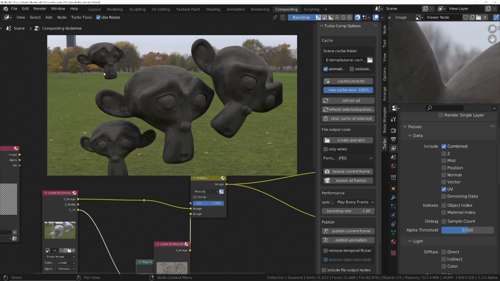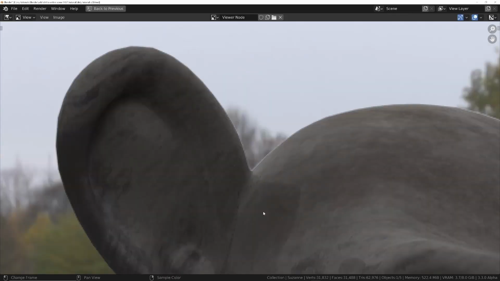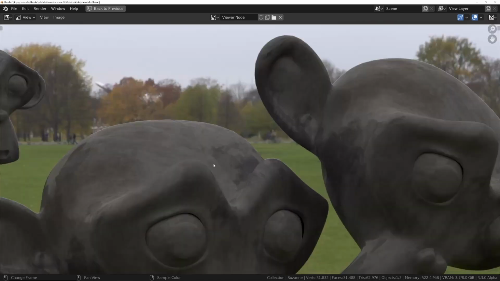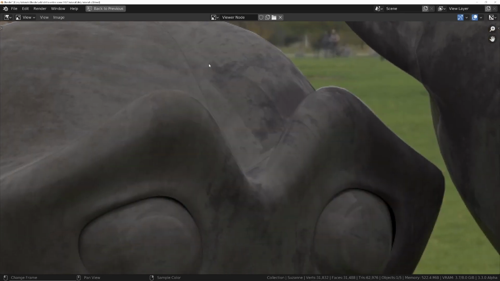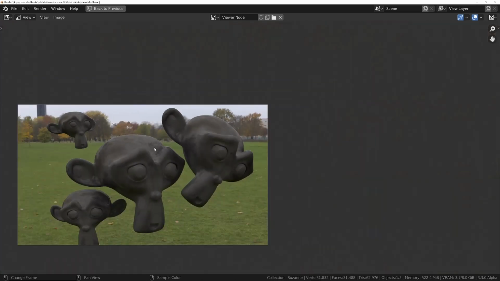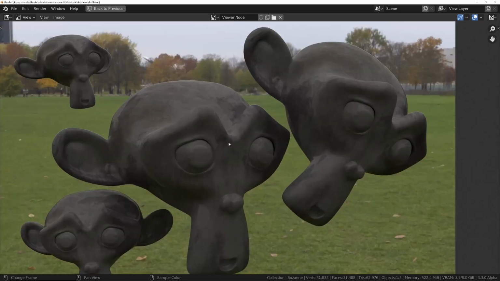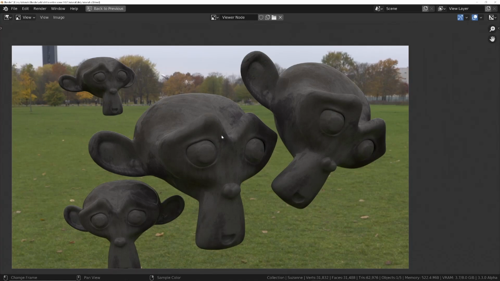Now this will keep all the lighting data, but the problem is it will also keep the reflection data. So you can see we've got a reflection here of this monkey's ear over here, and this is unrealistic. You wouldn't have a glossy reflection on top of dirt. So we would need to somehow fix that, and that's where we're going to move on to the more advanced usage very shortly. But firstly, I just want to show you how you can limit the effect to individual objects,